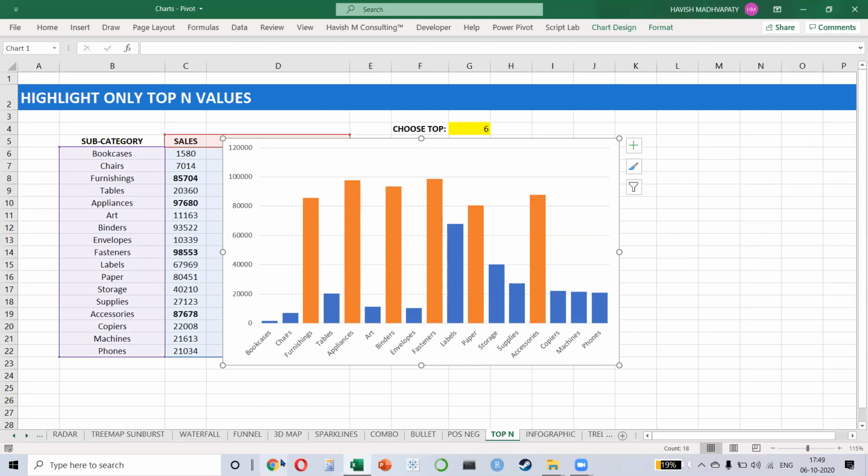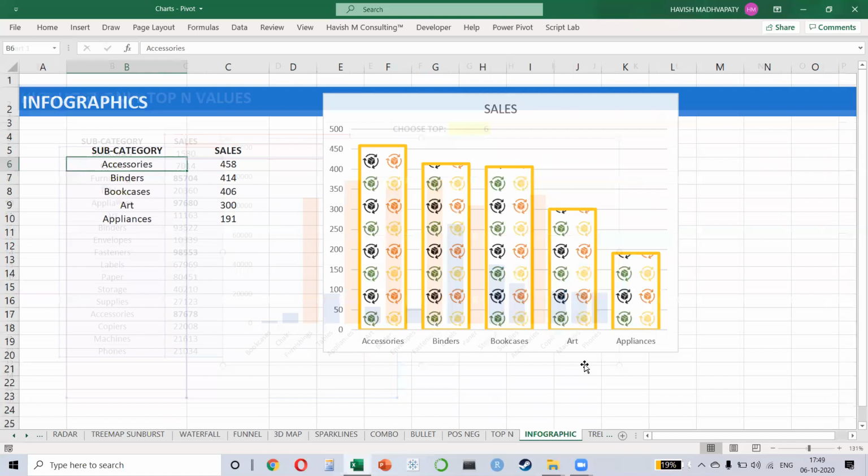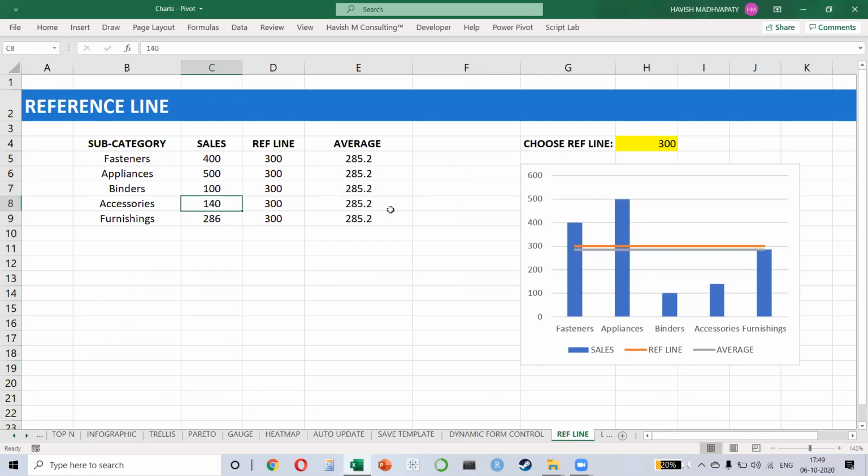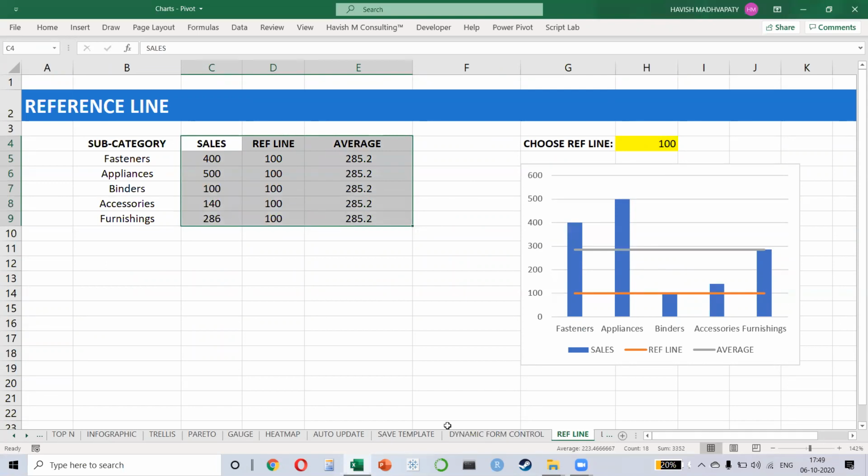Okay. So I've given you a good example on chart. And remember, the same logic can be used for lots of other things. For example, if you want to create a reference line like this, watch this. Like I can just put a number and the same line is coming here. If my sales value changes, you notice that my average line is also changing automatically. Fundamentally, we're using the same logic. We're making multiple columns and each column is having a different element on the chart.